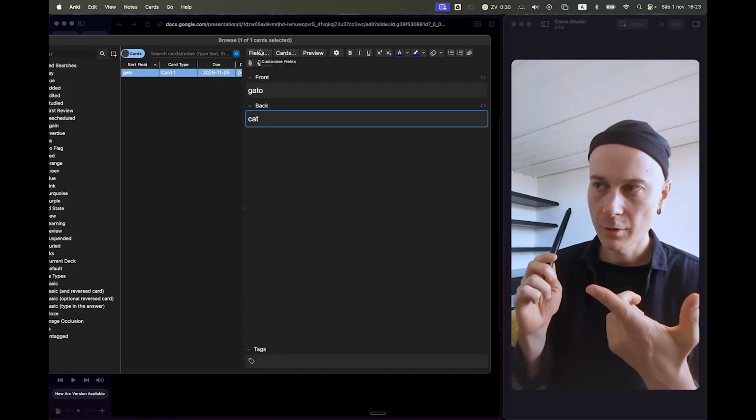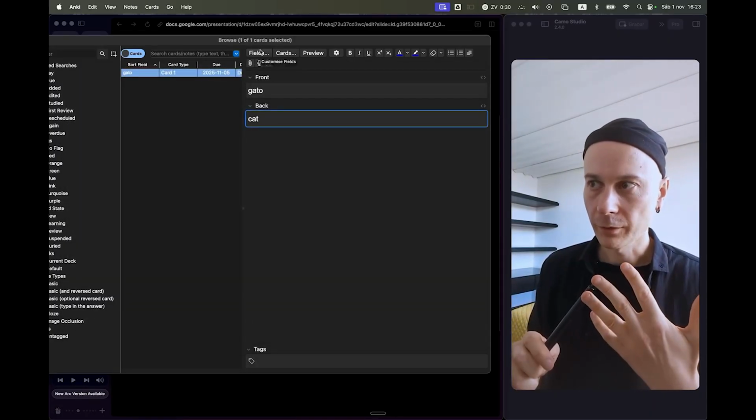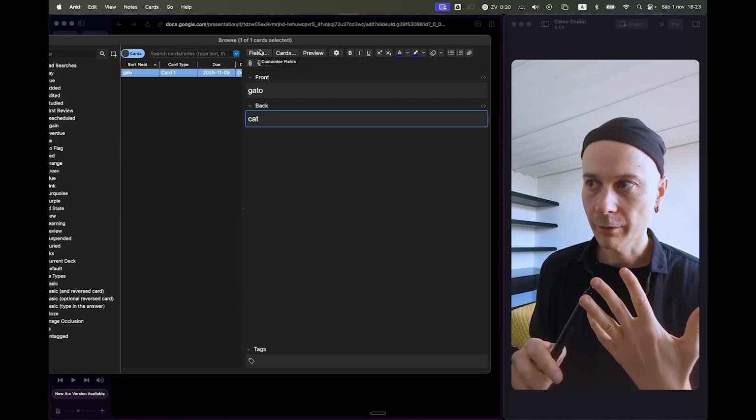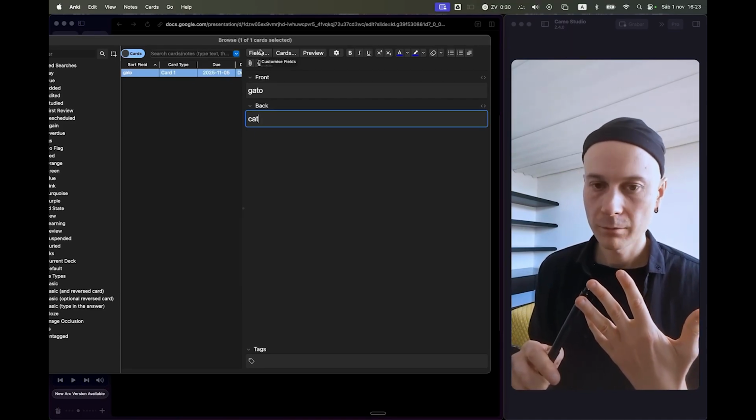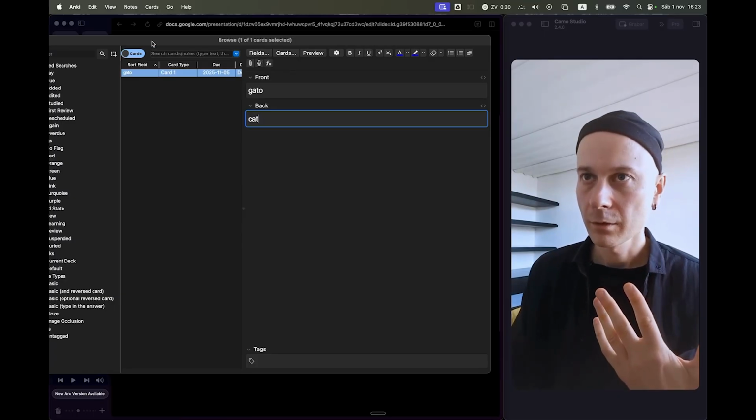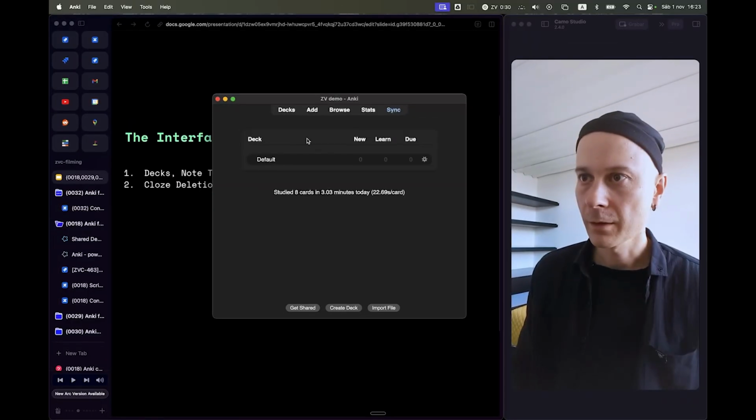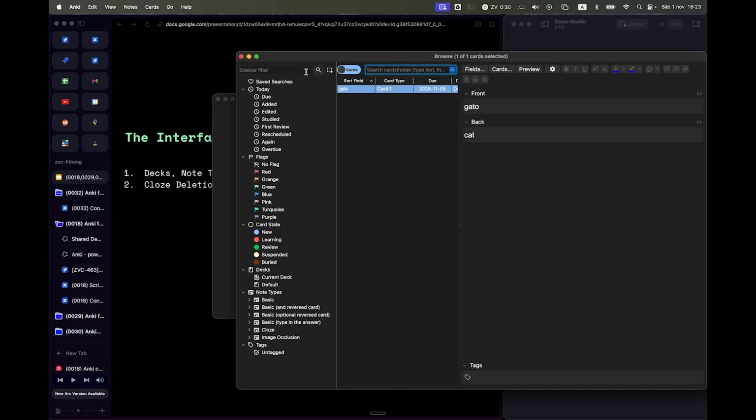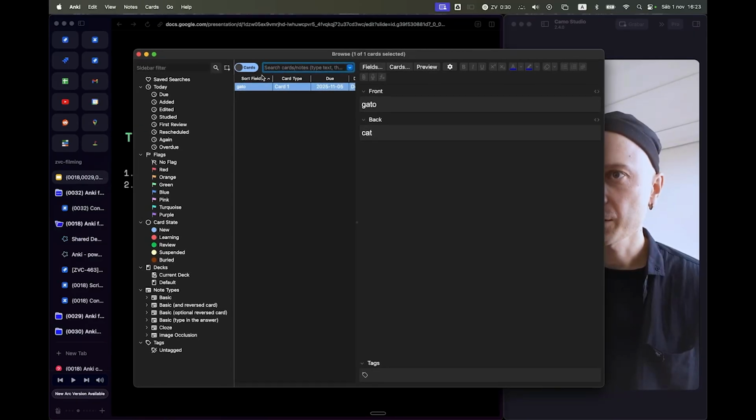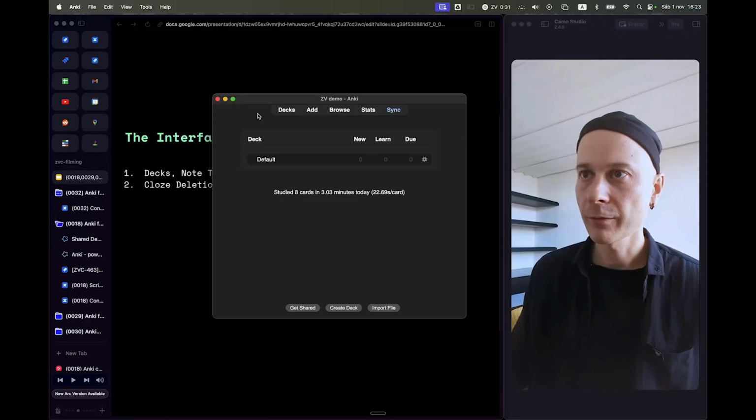So fields, cards, and the basic way of creating the cards. And we've talked about the spaced repetition. Cloze deletion, okay, and I need to mention cloze deletions and context learning. Essentially what it is. Let's go back to browse. This is a really nice way of actually maybe adding